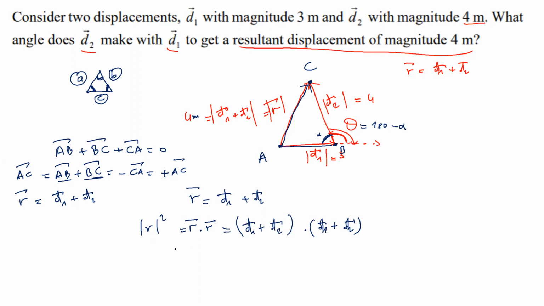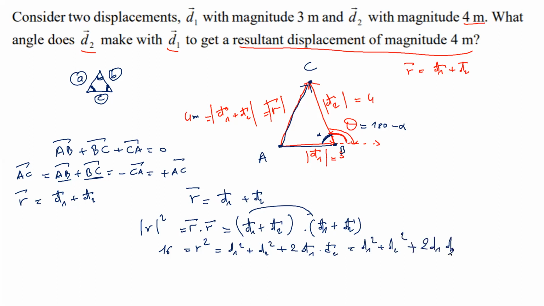So R square, by the way, I know R is equal to 4. So R square, which is equal to 16, is equal to (D1 plus D2) dot (D1 plus D2). So this I can distribute. I will have D1 square plus D2 square plus 2 times D1 dot D2. And this will give me D1 square plus D2 square plus 2 times D1 D2 cosine the angle between D1 and D2. And that angle, that is what I call theta actually, because I want the angle between D1 and